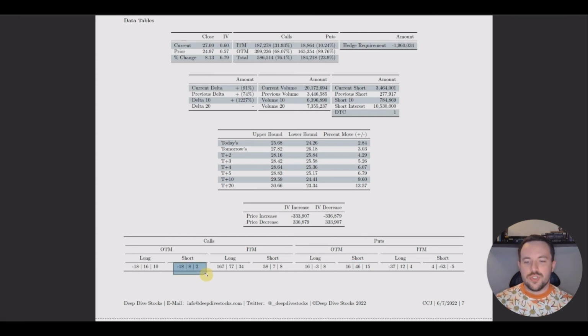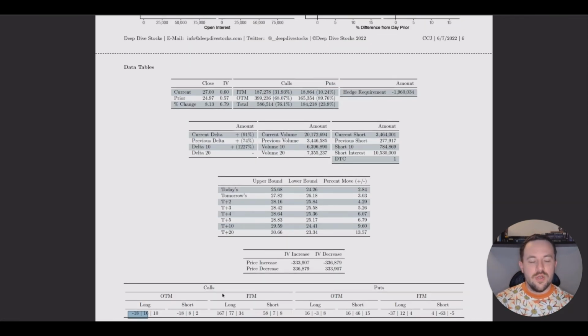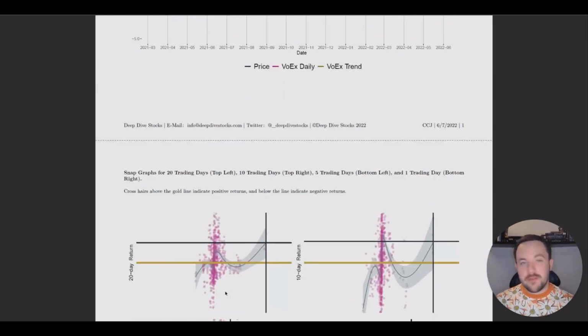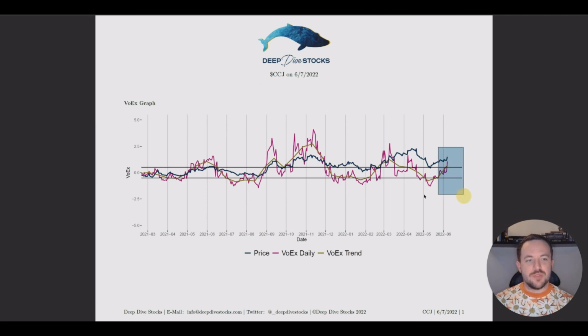The dealer short calls decreased a little bit today, but that's not too shabby. A whole bunch of calls are so about equal amount of short and long closed. Pretty nifty. So in sum, CCJ, right from looking at VoEx, we see that its behavior is pretty reminiscent of